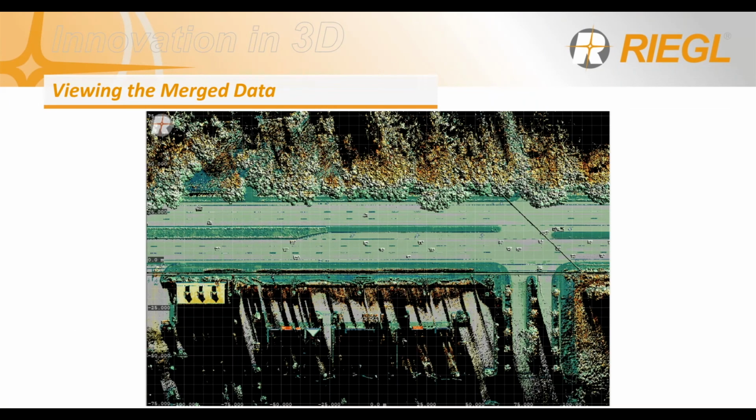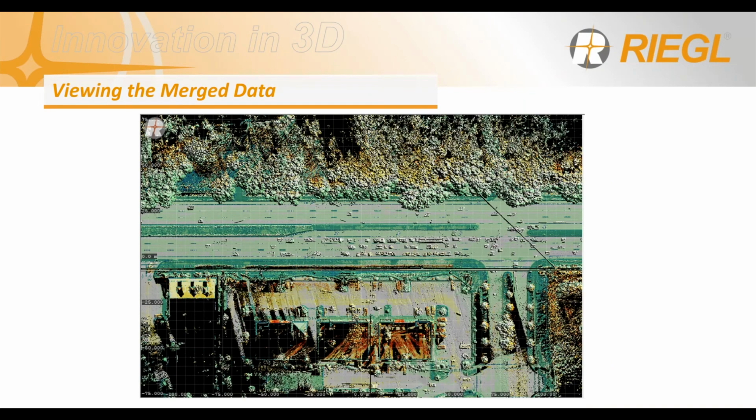So quickly here, this is just a quick 2D view of the actual mobile collect. So this is just the mobile collect itself. As you can see, we gathered a lot of great detail on the highway here, but the main area we're going to be focused on is these three corner buildings down here, because that's actually where the terrestrial scan took place. So moving on to actually having the data together, you can see we've got a lot more detail around